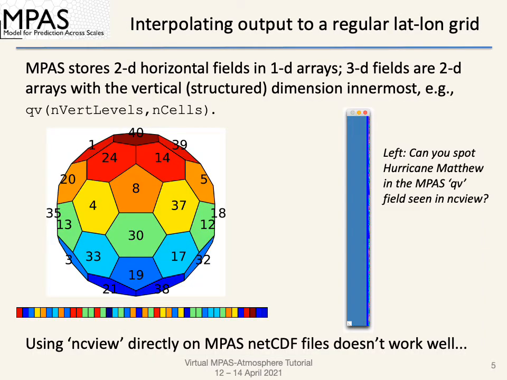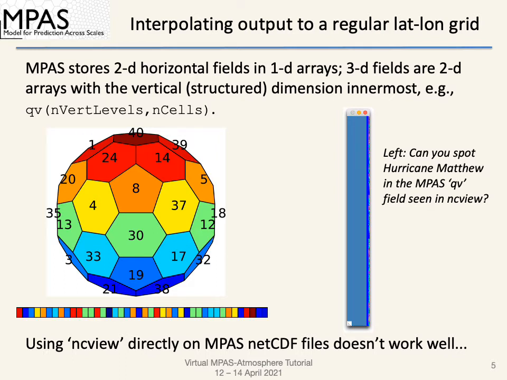So with the preceding slides as background, we can talk about the first option for post-processing model output, and that is to interpolate that output onto a regular latitude-longitude grid. And as we said at the outset, because of the unstructured nature of the horizontal mesh in MPAS, 2-dimensional horizontal fields are just represented as lists of elements, in other words, as 1-dimensional arrays. And by extension, 3-dimensional fields are stored as 2-dimensional arrays, where the second array dimension is the vertical or structured